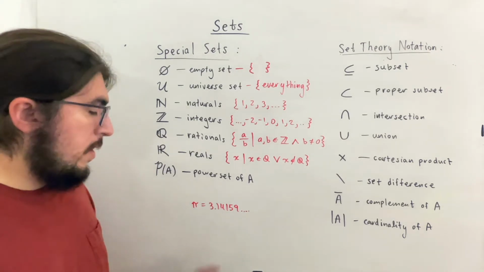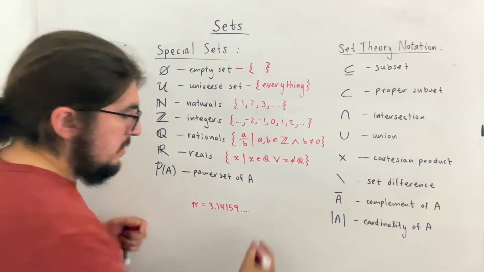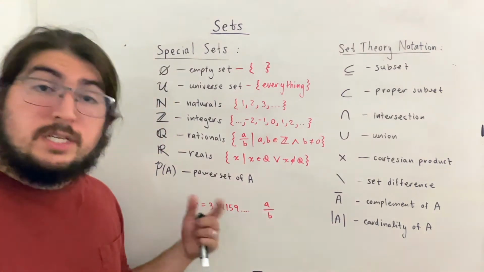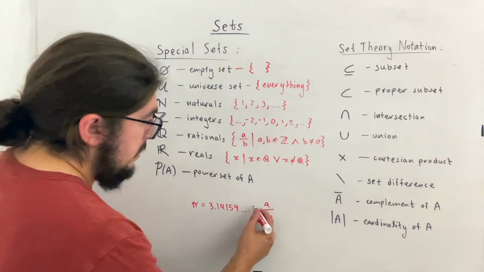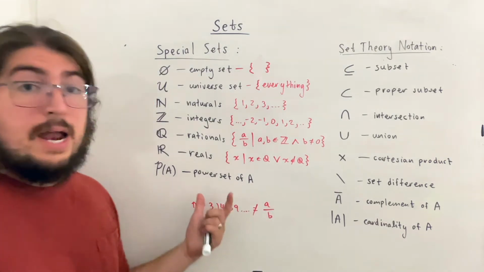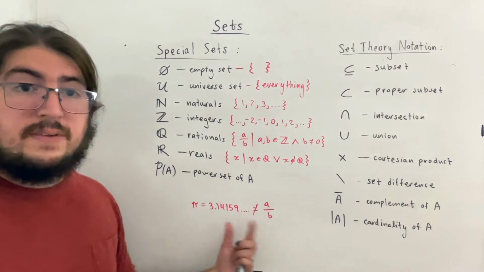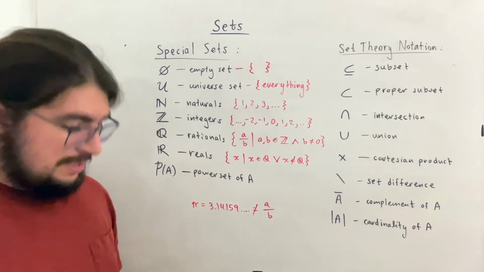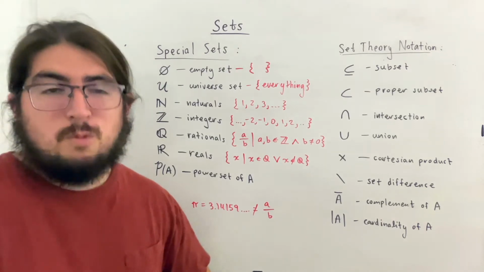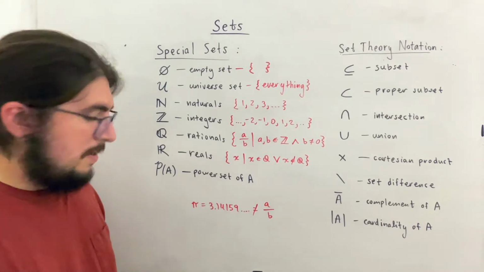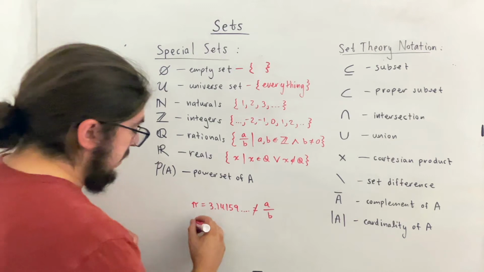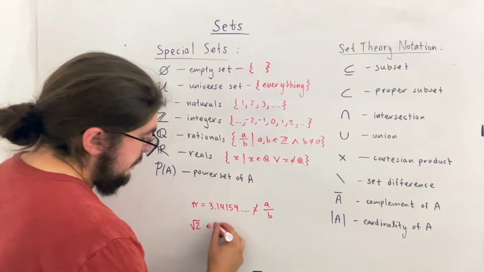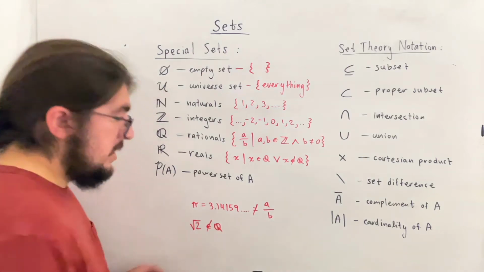It's kind of a weird thing, but as it turns out, there is no fraction, integer over integer, no rational number, such that pi is equal to it. So this never happens, believe it or not. Now, it's not an obvious thing that pi is not rational. In fact, that's a huge proof that's way beyond this class even. But there are proofs like that. Another example would be radical 2. Radical 2 is also not a rational number,